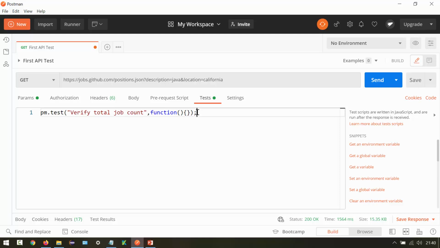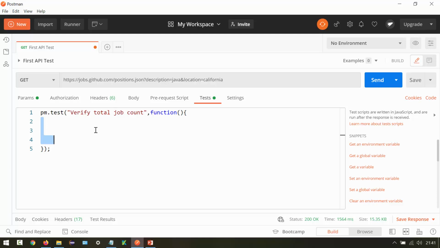Okay, our basic syntax is ready. Our basic structure is ready. We have a Postman test, this is the test name, and this is what we want to test. Let me format this quickly. I can hit enter here. This is going to be a good alignment to write the test. Whatever we write here is going to be the function code, exactly what we want to test.